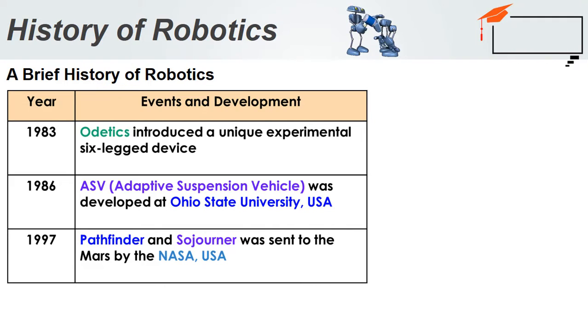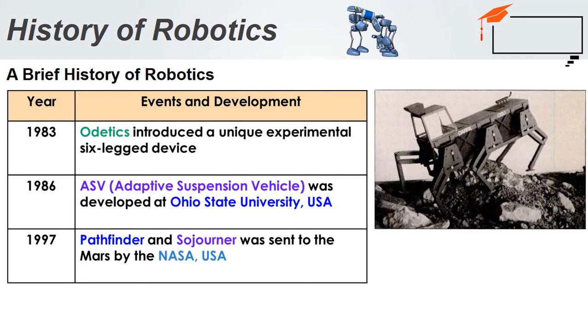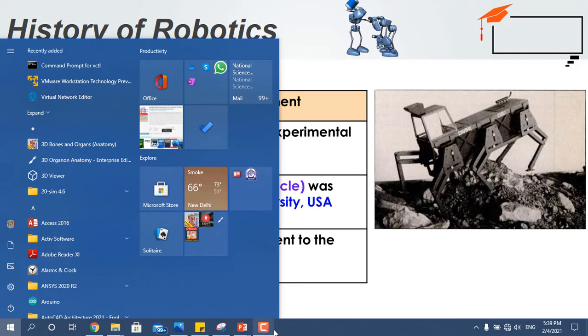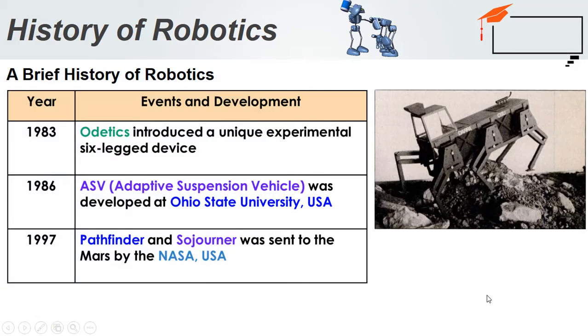And the next one is Odetics. Odetics introduced the robot called Odex 1, which is the six legs robotic device. Already we see that. And the next one is the adaptive suspension vehicle, which was developed at Ohio State University, USA. This is the adaptive suspension vehicle which could help the military people for carrying the loads, carrying the soldiers from one place to another place in the rough terrain. So this is the robot, which mimics the insect like cockroach. So while walking at a time, at least one leg should be in contact with the land surface, that will maintain the